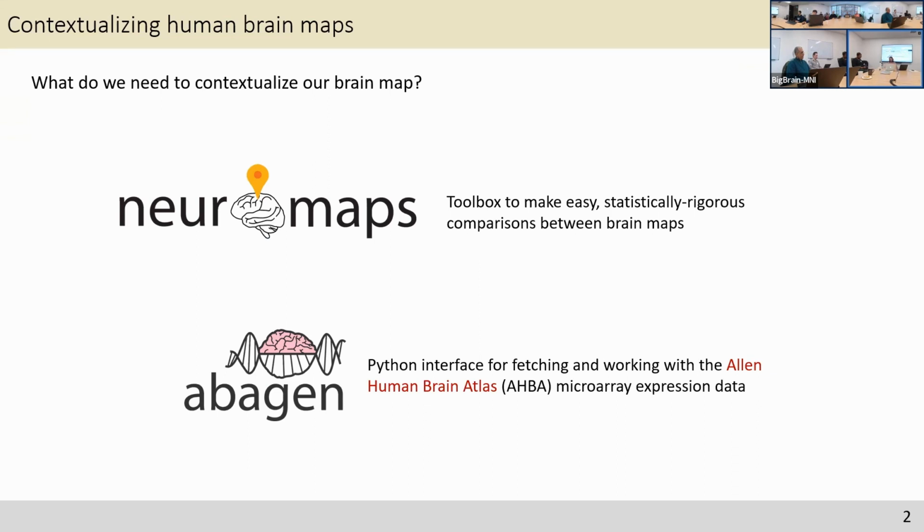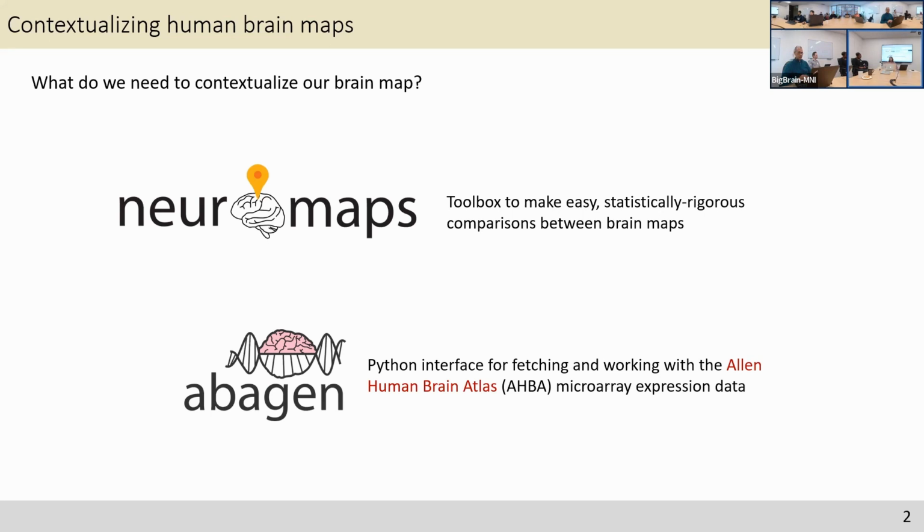His idea was because he wanted to access the Allen Human Brain Atlas microarray expression data. I don't know if you are familiar with this data set, but it's basically the work from the Allen Human Brain Atlas, who gathered 6 donor brains post-mortem and then probed them using microarrays to gather information about the mRNA expression across the whole brain of these 6 donor brains. And this led them to develop a big data set of more than 20,000 genes across more than 3,000 probes,